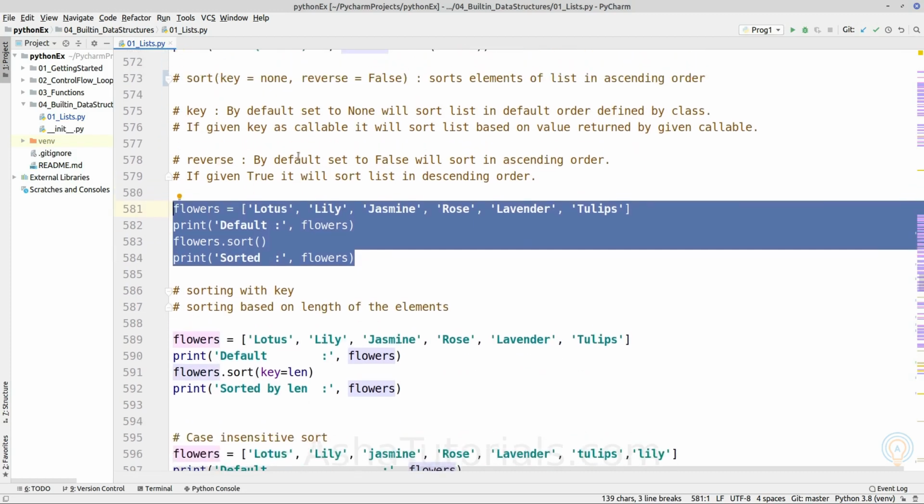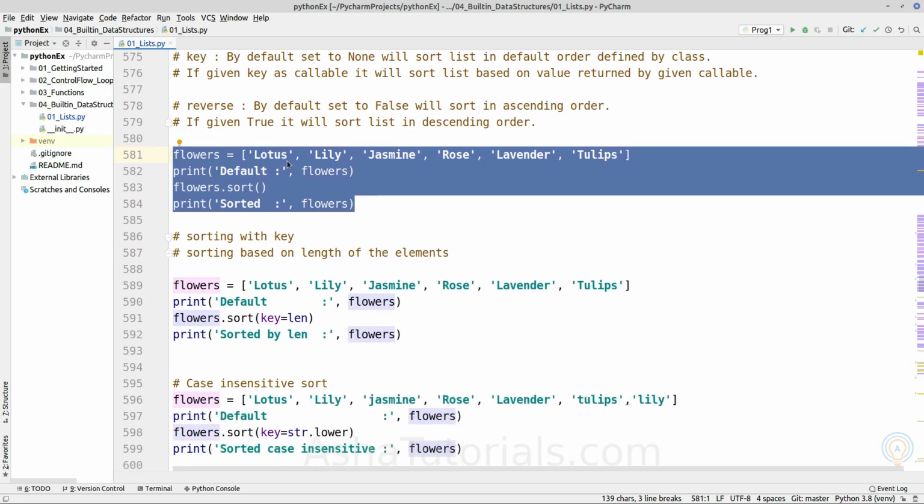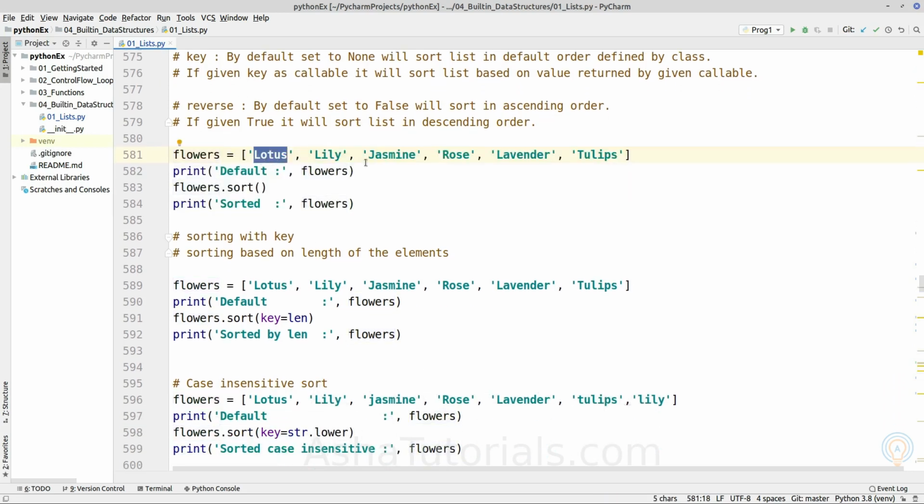next we will pass optional argument key. Okay, so we have sorted the list element based on their values by comparing their ASCII value of a character. So it will compare ASCII value of character and it will sort element likewise.